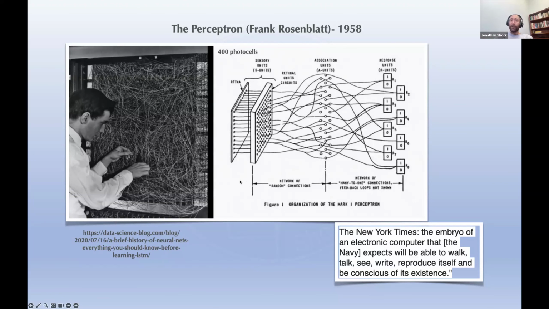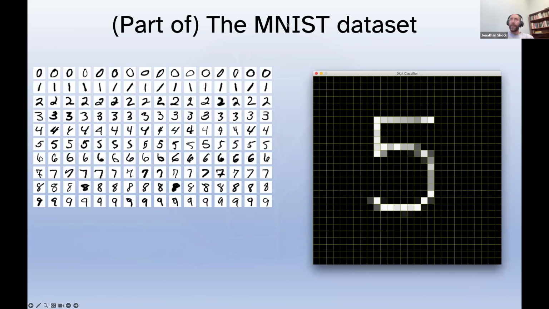So this thing here, the perceptron, is essentially the individual unit which makes up the neural networks that we have today, which correspond to the ChatGPTs of this world. So what's going on? We can look at a particular data set, which is often used for training, something like the MNIST data set. And what we have here are handwritten digits. What you want is a network which is able to tell the difference between all the different digits. And we can take a particular 5, and when you zoom in on it,